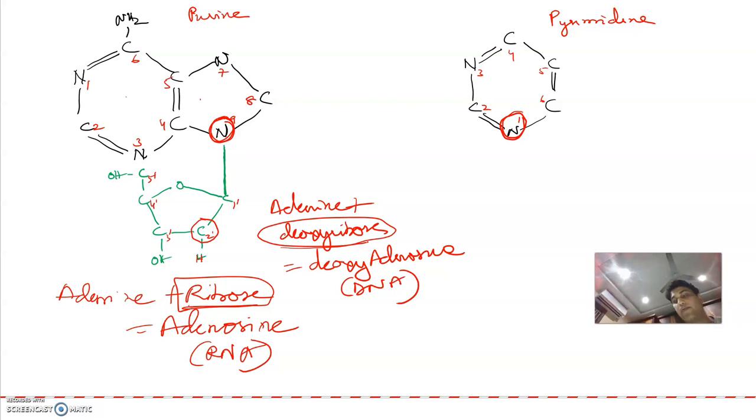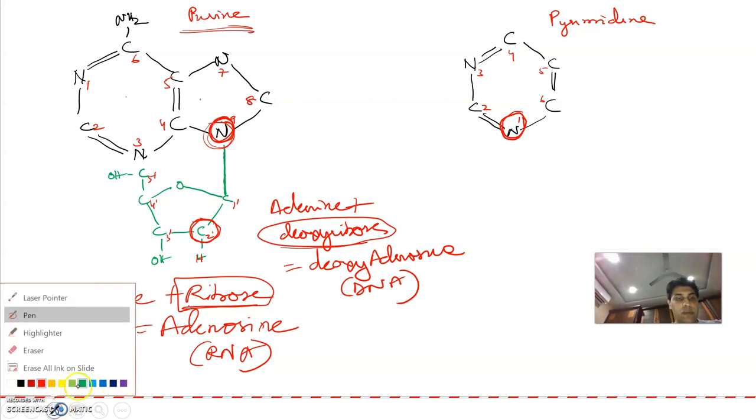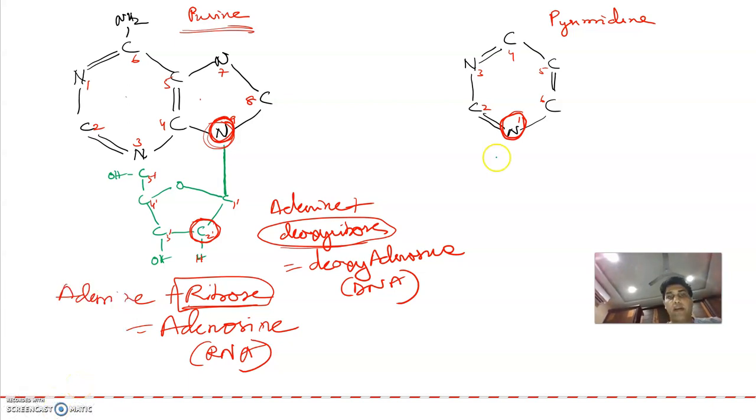You understood the difference? What is the difference between a ribose and a deoxyribose? So a purine is always attached at N9 with the sugar. The sugar can be a ribose or a deoxyribose. The deoxy nature of it always occurs at the C2 carbon. Now same thing with a pyrimidine, the sugar is attached,